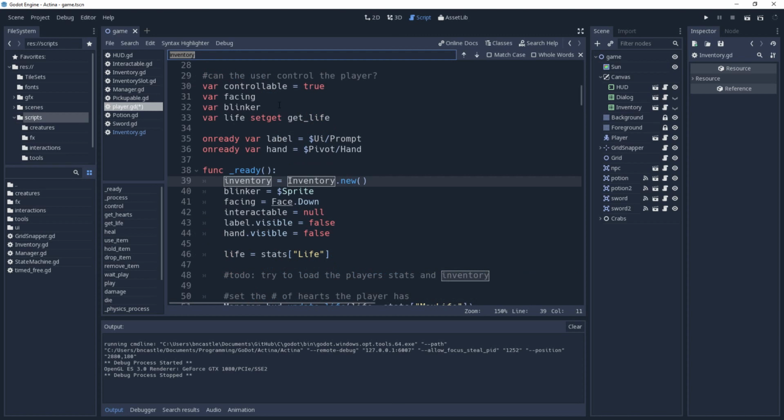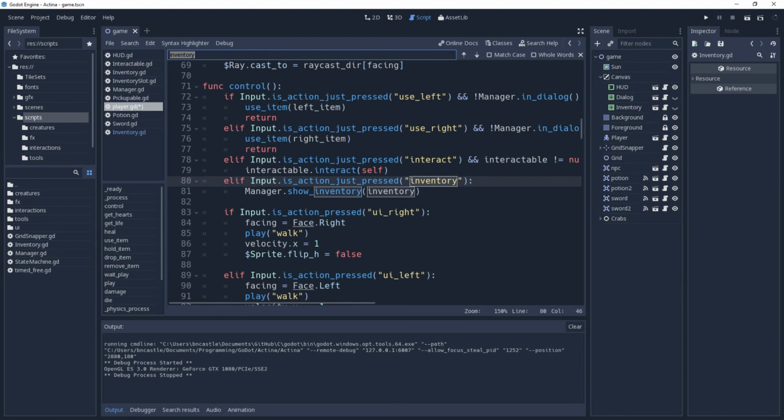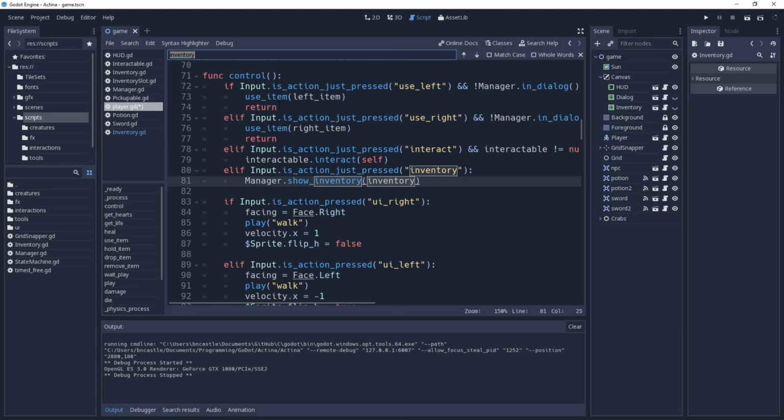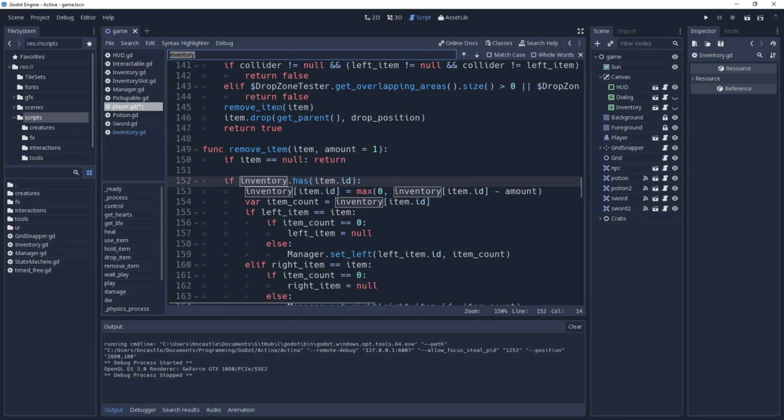So let's see if we can't work through this. So now we're giving the manager an actual inventory class object, and then we've got